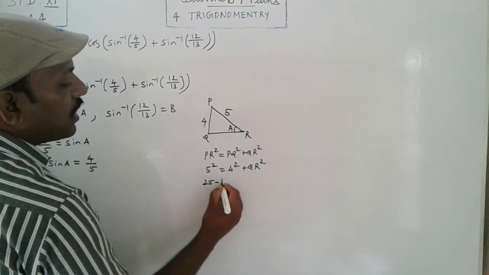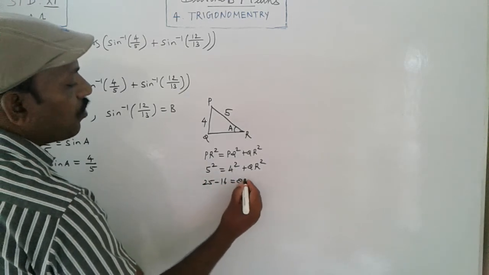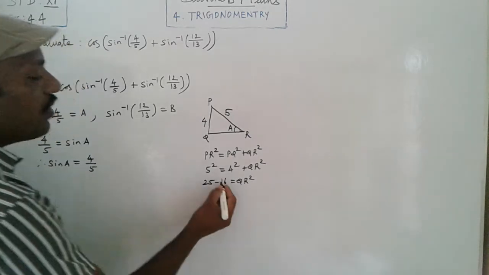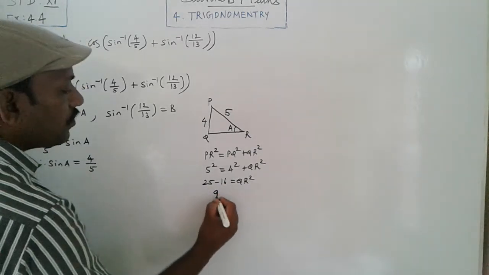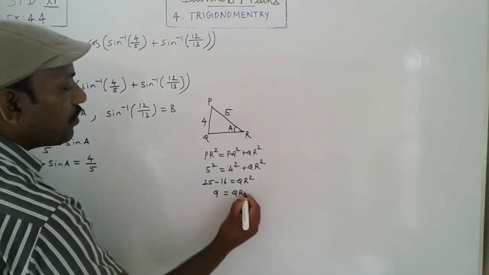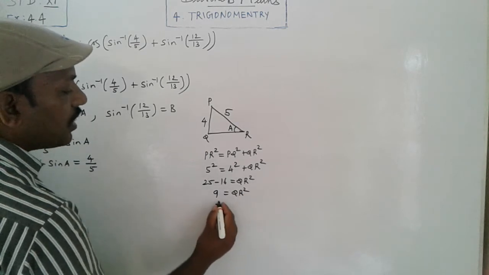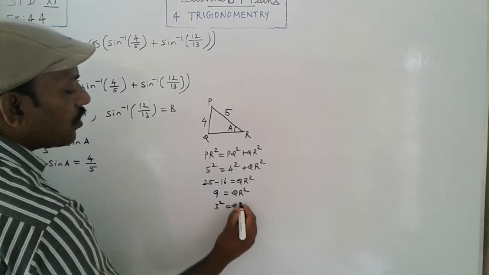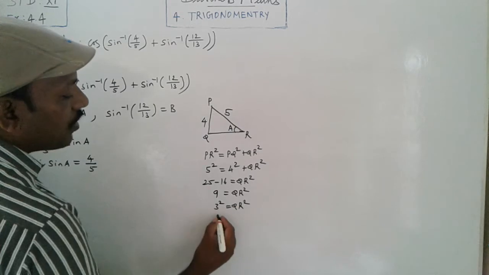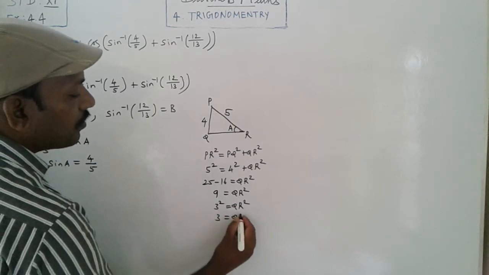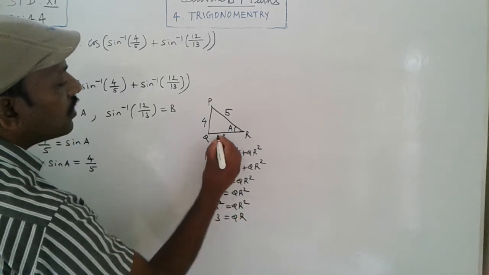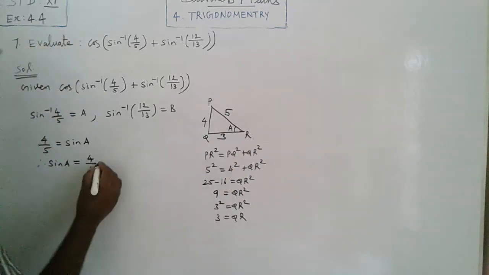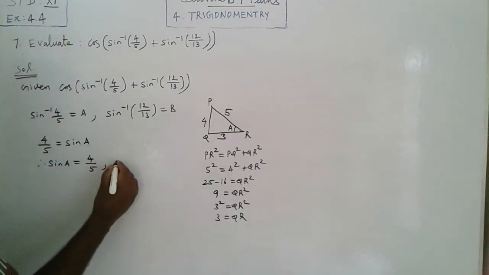We take 16 to the left: 25 minus 16 equal to QR square. 25 minus 16 is 9, equal to QR square. 9 is 3 square equal to QR square. So take the square root on both sides. 3 equal to QR. So QR is 3. Then we take cos A